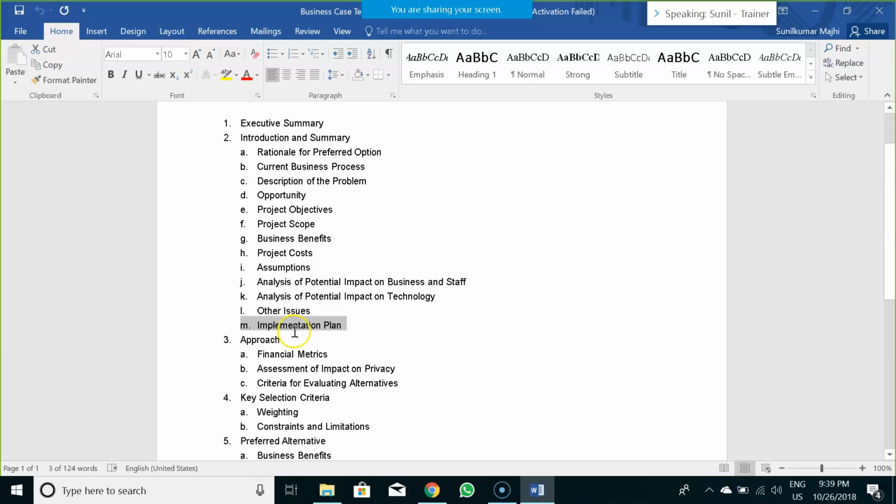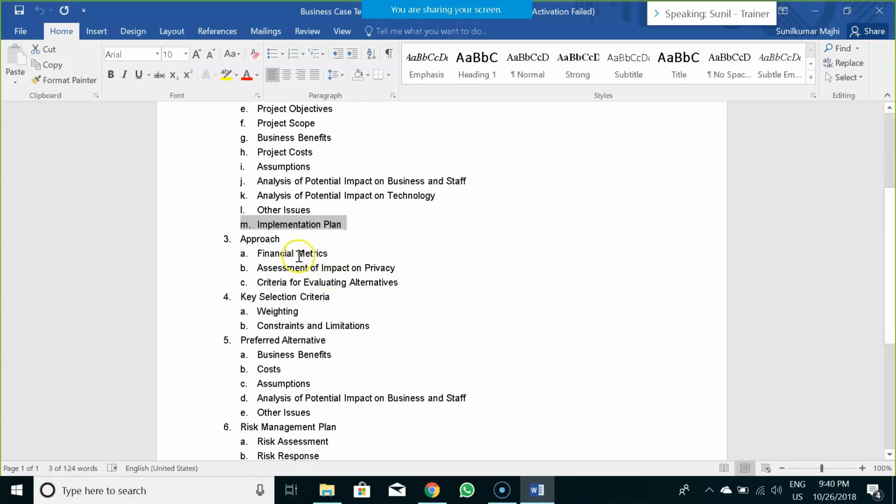Now, it's not necessary that we would stick to this particular implementation plan until the end of the signed off business case. The business users may later ask to modify those things if needed. Then on the basis of those modifications, we would lay down or confirm the final implementation plan.